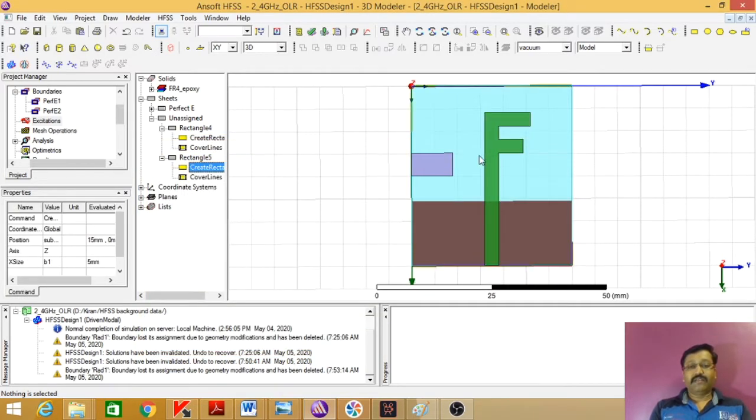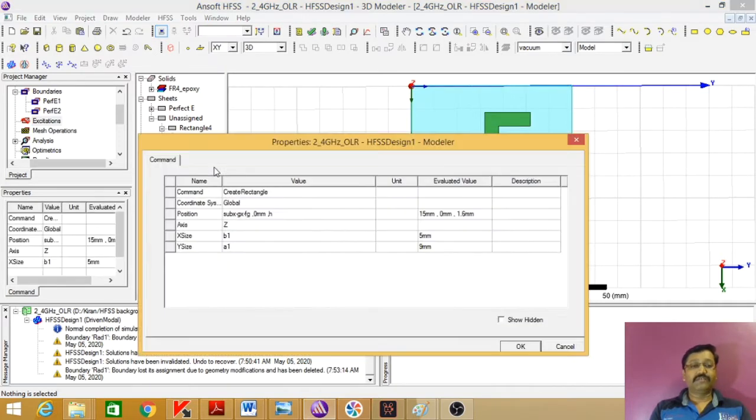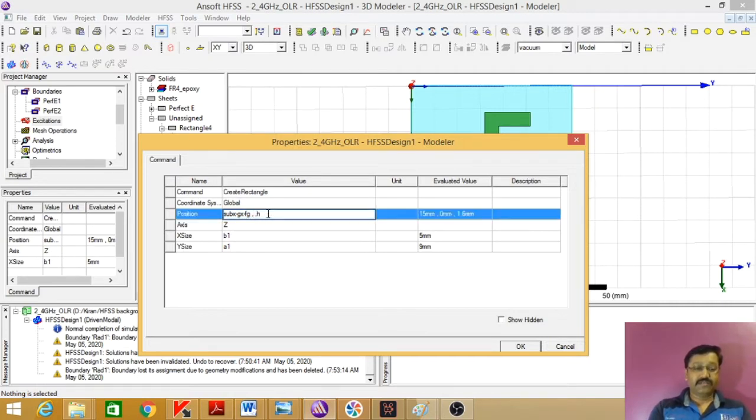Now still I want it to be at this position, so I will play with the Y dimensions. For Y, it is sub Y minus Fy divided by 2.